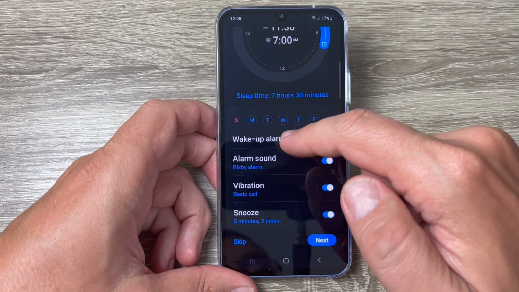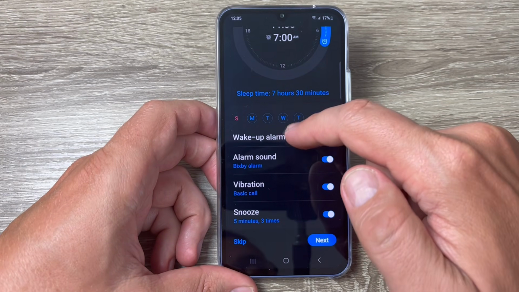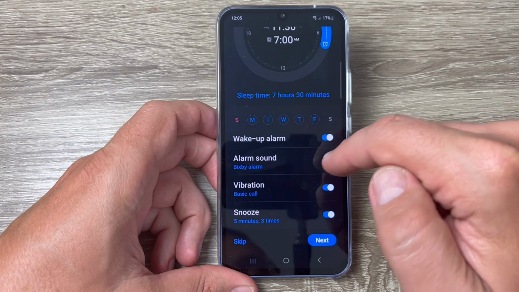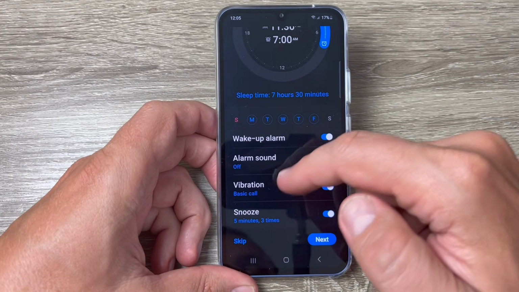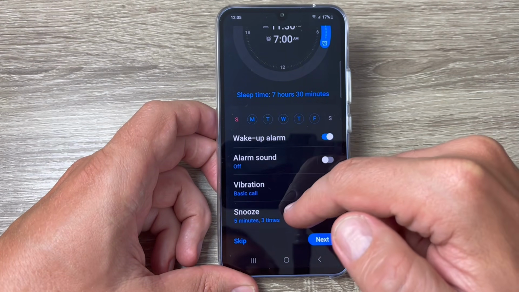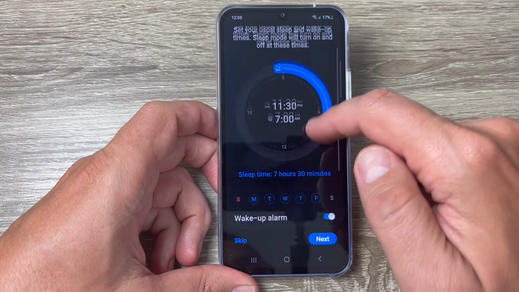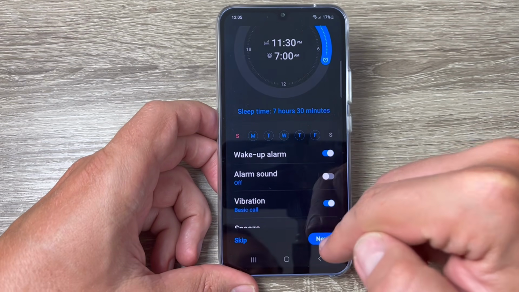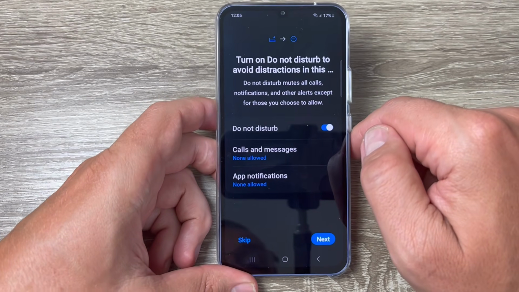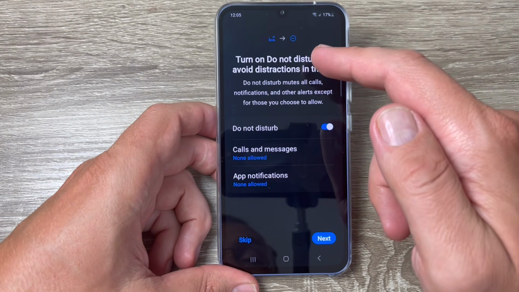I will let enable wake up alarm and alarm sound Bixby alarm no, vibration basic call, snooze 5 minutes 3 times. Okay, so this is good for me, and then just press next, and let's read turn on do